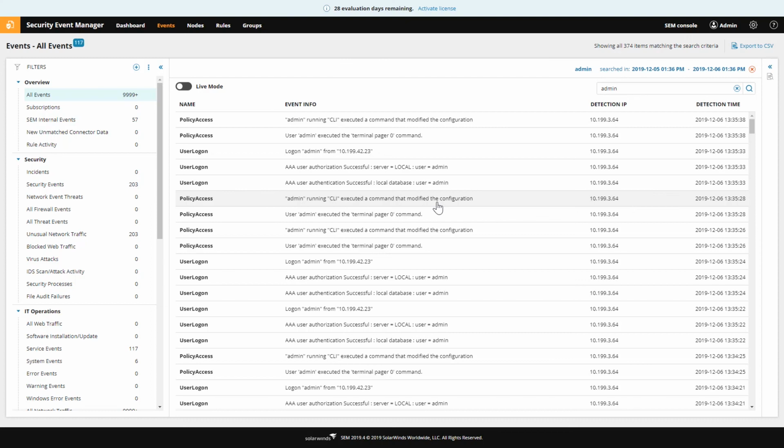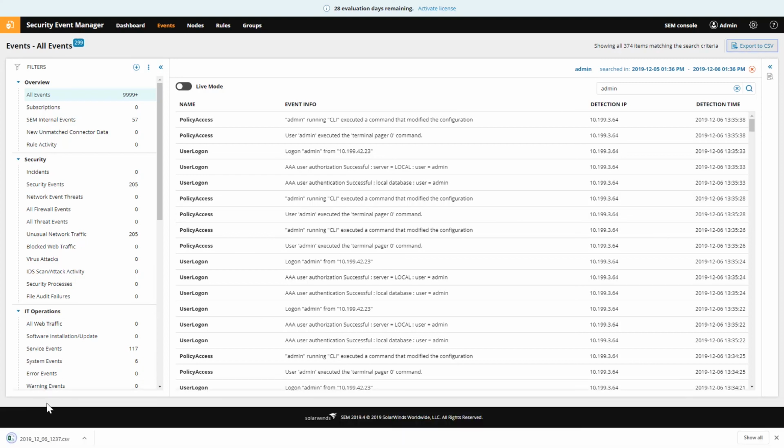Okay, and really the final thing you can do in the events tab is once you get your data filtered, or you've searched it, you filtered it using the live filter box or the historical search or whatever to get it down to the exact data sample that you want, you may want to get it out of here and either edit it elsewhere, trim it down, remove duplicates, or just have an external copy. So once I have this looking the way I want it, what I can do is click on this Export to CSV button. It's going to immediately export all of these 374 items to a CSV file.